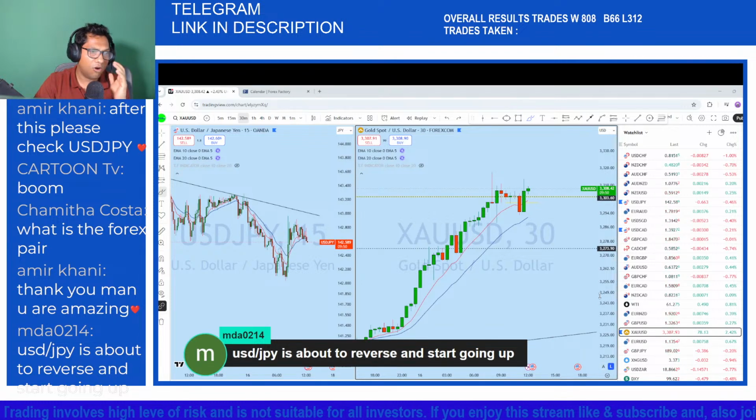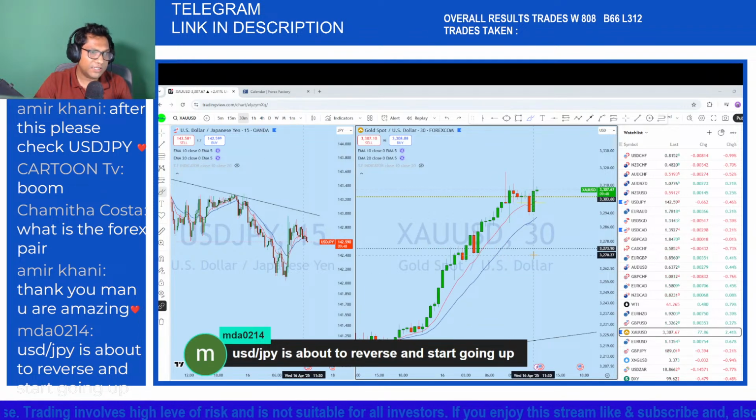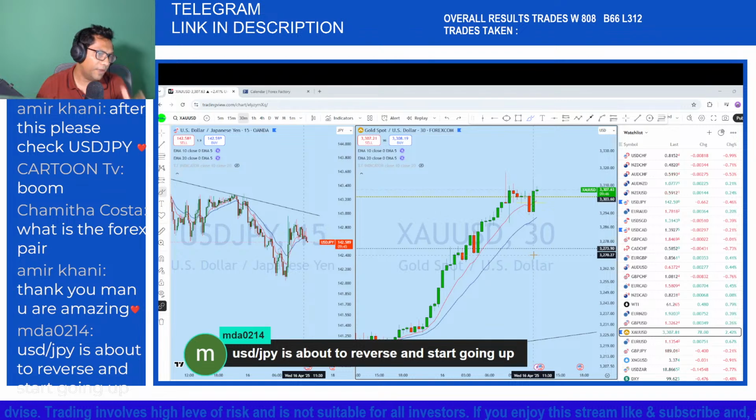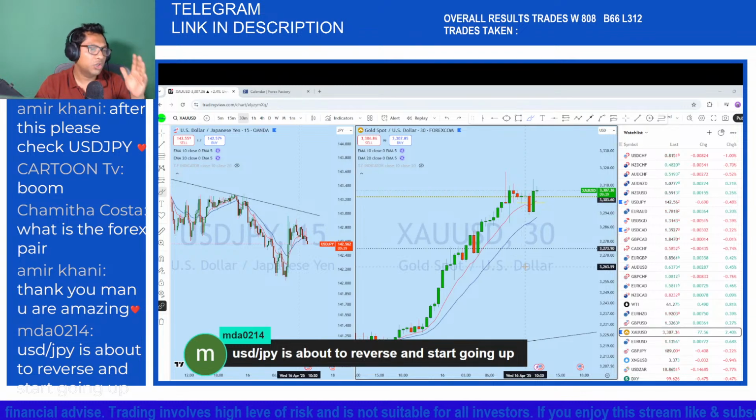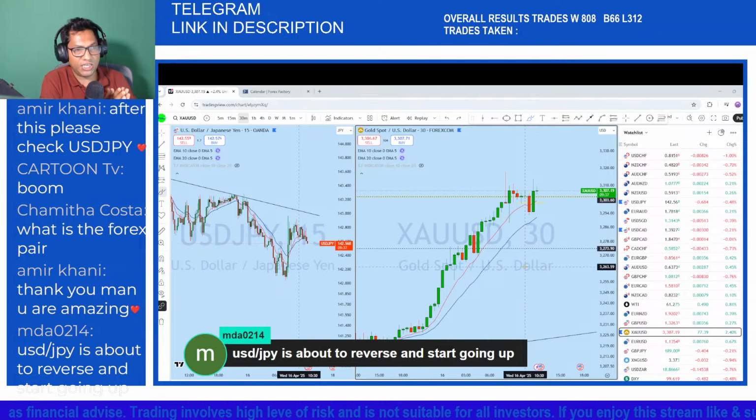Let's look here on this 30 minutes time frame. Why so many candlestick patterns? The price grabs the liquidity, going back up, grabs the liquidity, going back up. So we will be looking to see here,